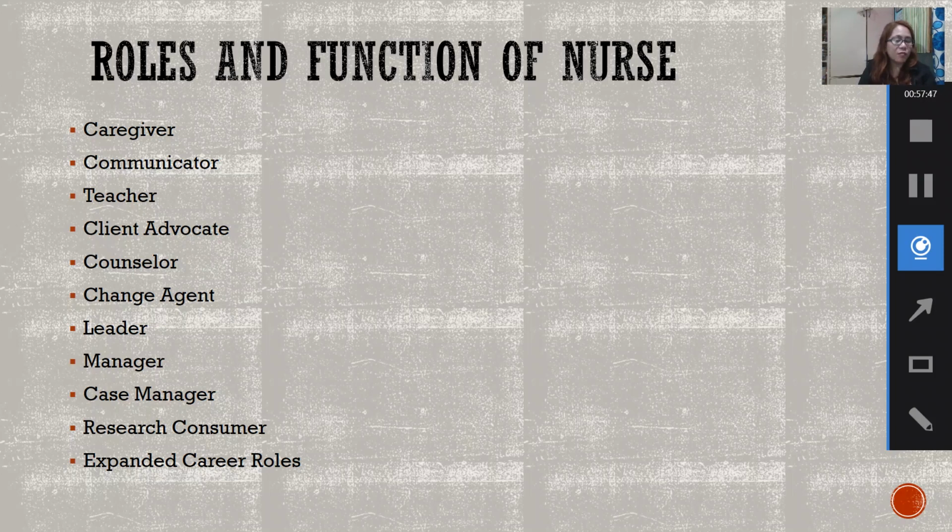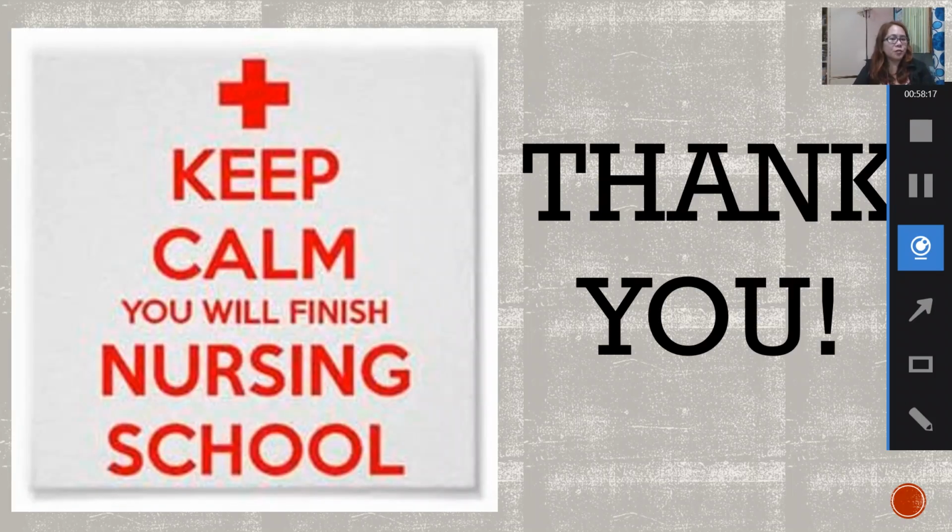And expanded career roles. This refers to a clinical specialist or nag-nurse ka na, gusto mo pang mag-nurse midwife, kukuha ka ng license sa midwifery, so dalawa na yung license. Nurse educator, like teachers, katulad namin na nagtuturo. So, yun yung expanded career roles wherein nag-undergo ka pa ng more trainings, more pag-aaral. Okay? So, this actually ends my lecture for this week.